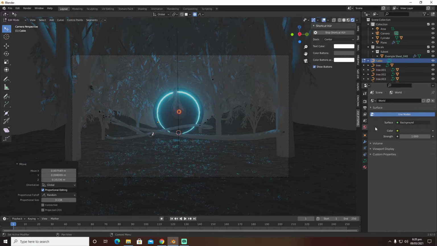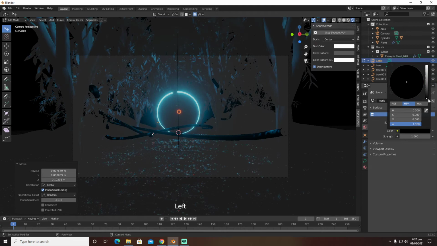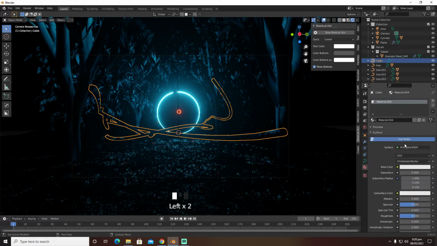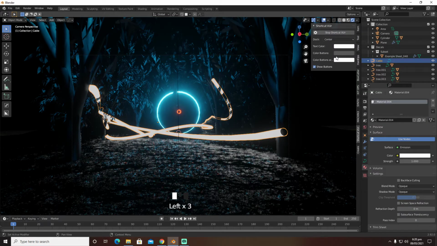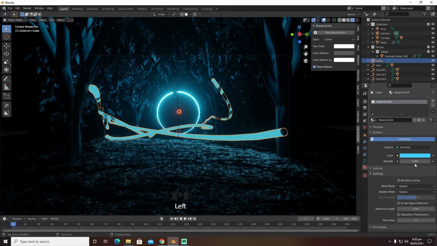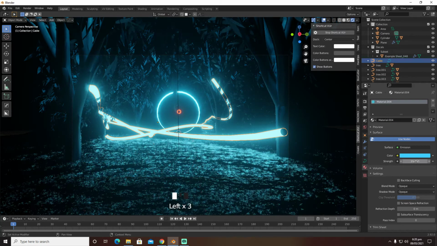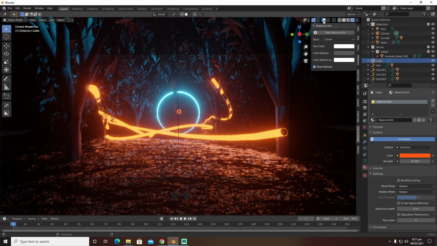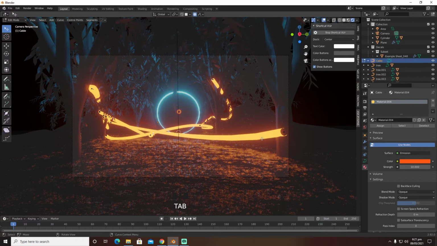There we go. And we're going to go into the materials tab and give this an emission. Give it a strength of 10. Still I am figuring out